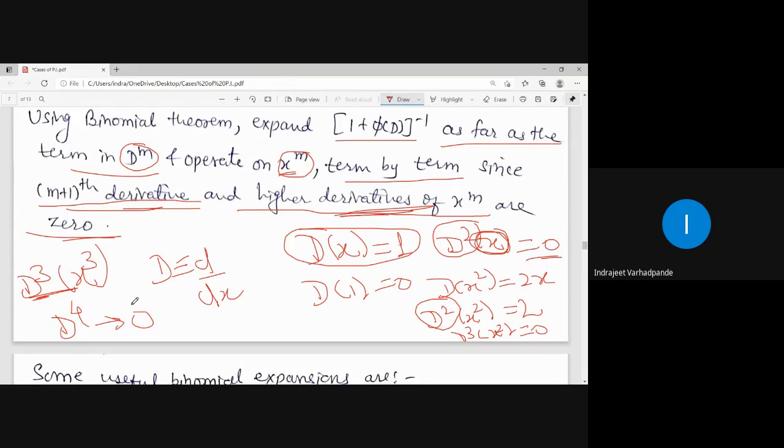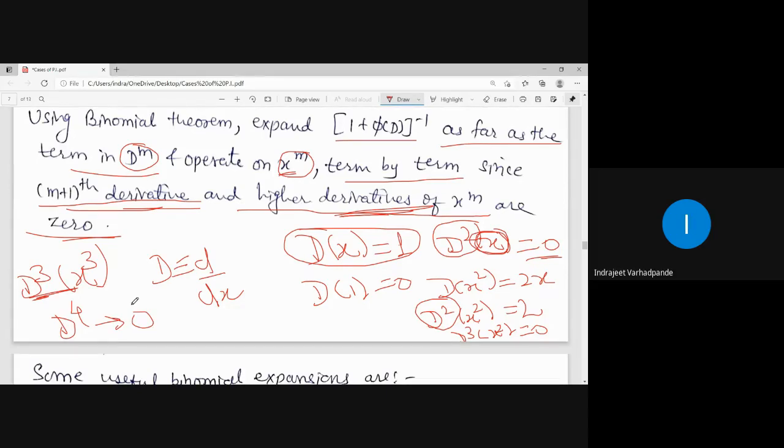So it depends on the degree of polynomial. If the degree of polynomial is m, D to the power m derivatives will be calculated. (m+1)th derivative onwards, all the values are 0. If the polynomial is x square, we can calculate only 2 derivatives. Third derivative onwards, all the values are 0. If the polynomial is x to the power 4, how many derivatives will exist? 4 derivatives. Fifth derivative onwards, all the values are going to be 0. Is this point clear?